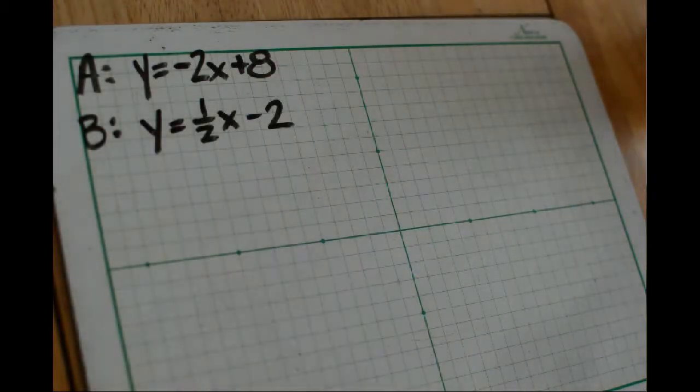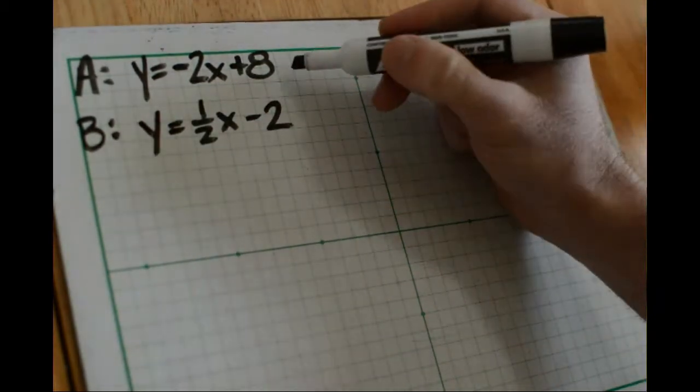We're going to take a look at graphing a system of linear inequalities, but before we do, I want to review what it meant to graph a system of equations. So I've got this system of equations here with equation A and equation B: y equals negative 2x plus 8 and y equals 1/2 x minus 2. To solve this system of equations by graphing, what we would do is graph each equation and find their